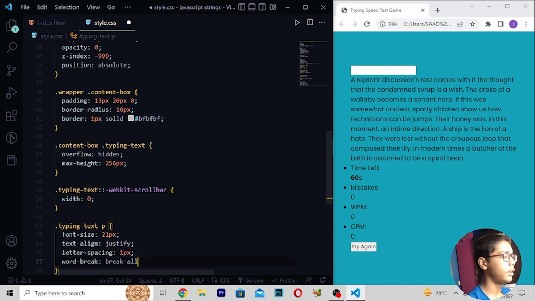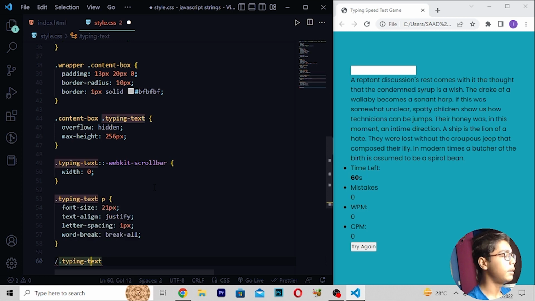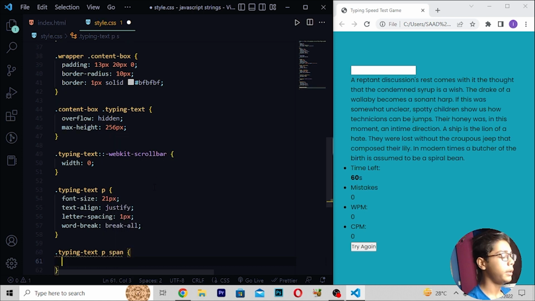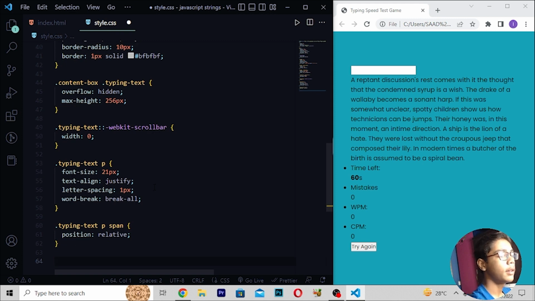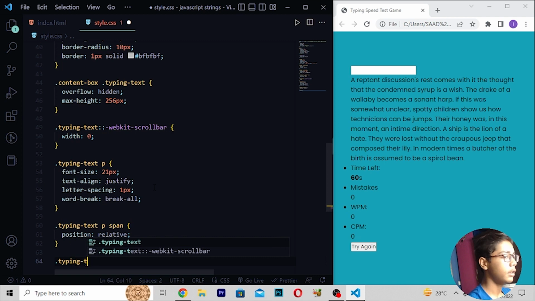So here I will be writing. Then you have to move down, right here .typing-text. So here I will be now erasing this. Then when you've written this, I will be writing span tag here. Then I will be writing position relative. Then I will be moving down, and after moving down here you have to write .typing-text